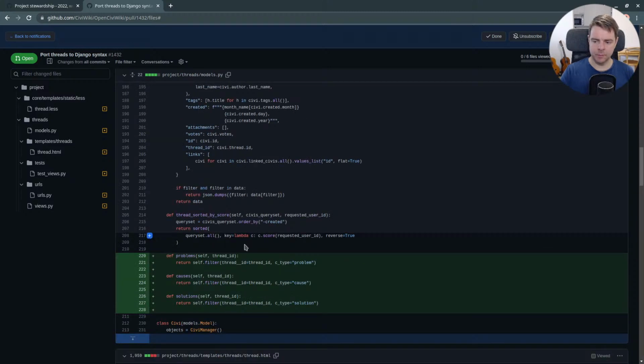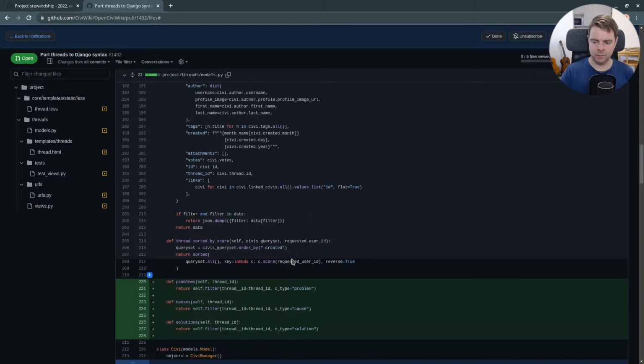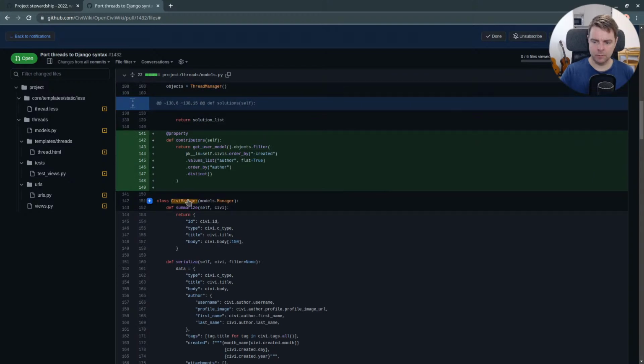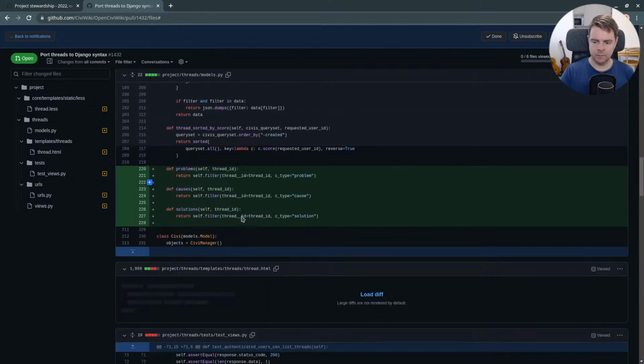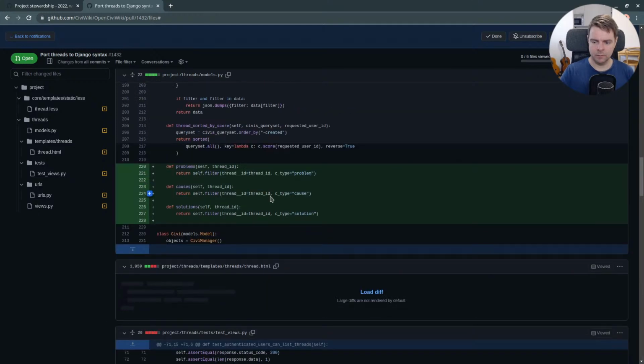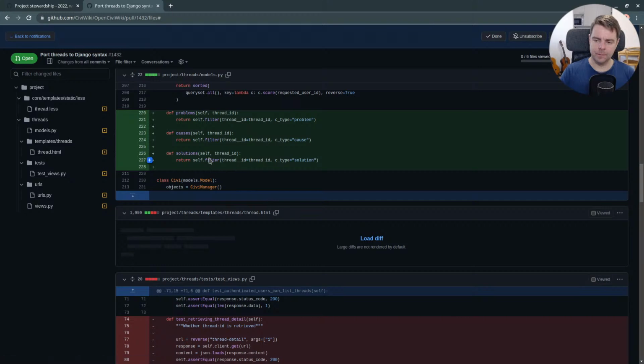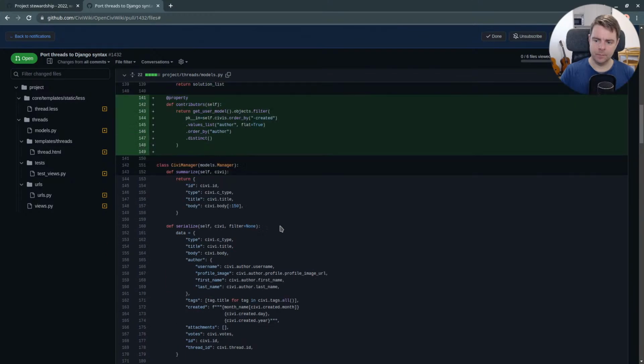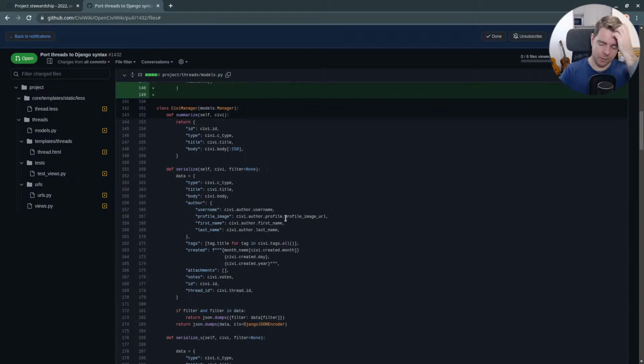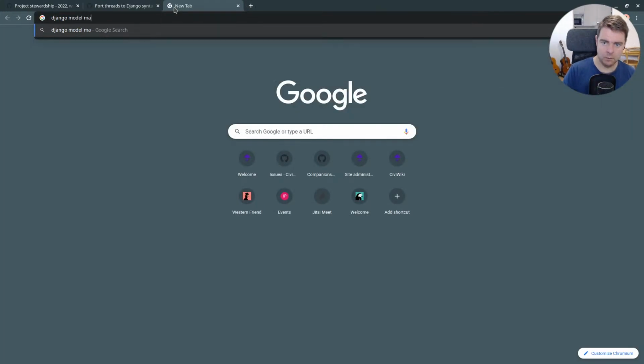I think that Gorkin's leaving these out. Okay, so we're putting these on the manager, the model manager. That's where you access the doc objects, for example.